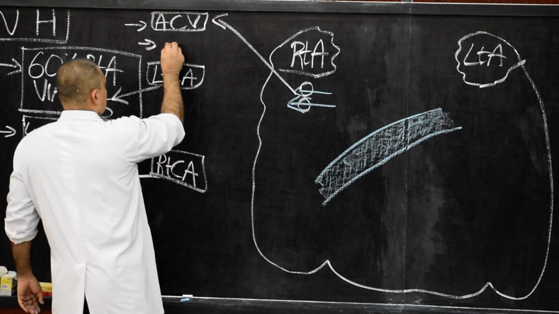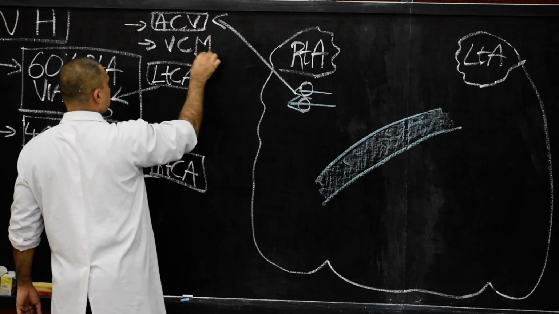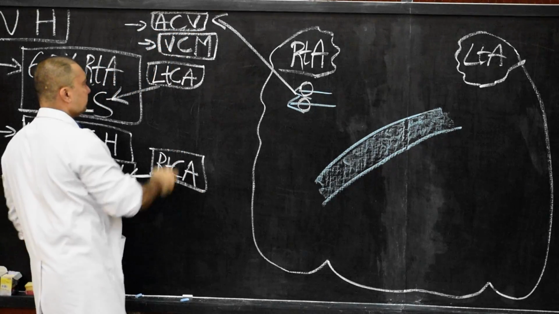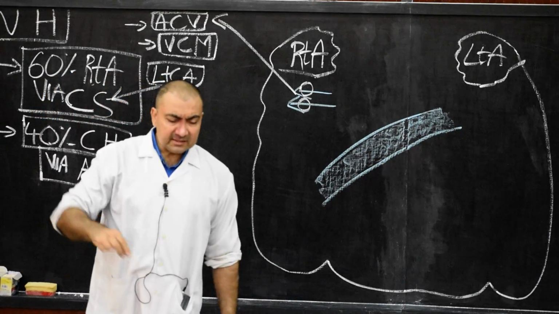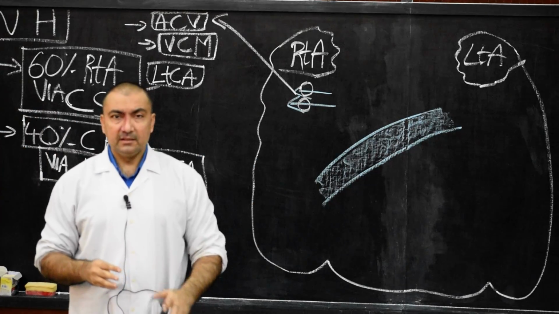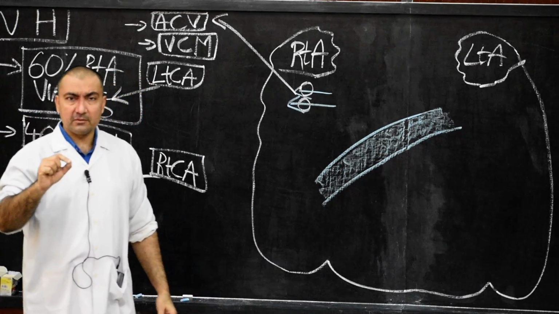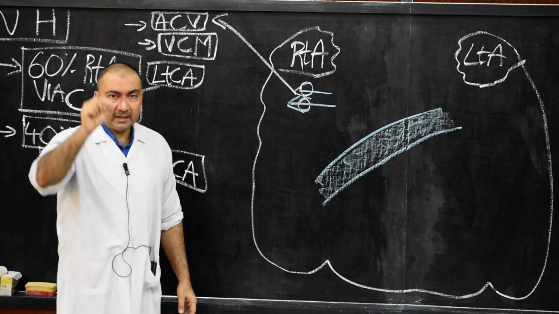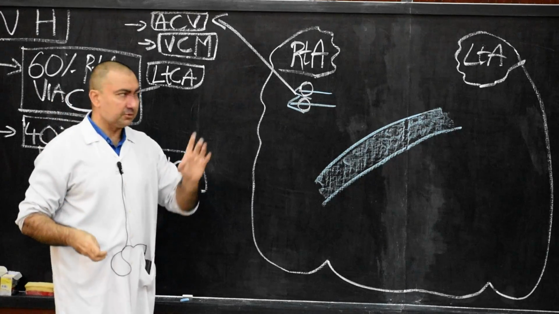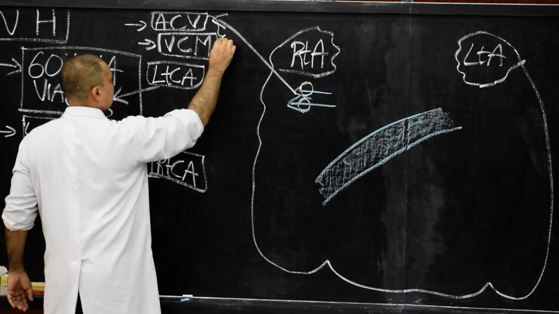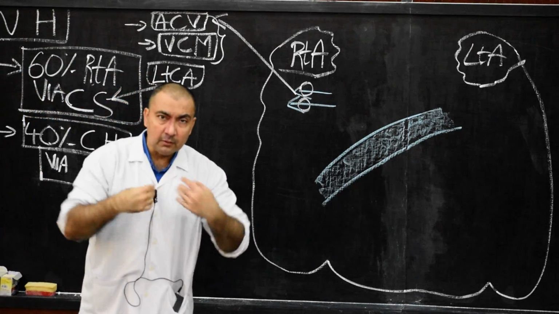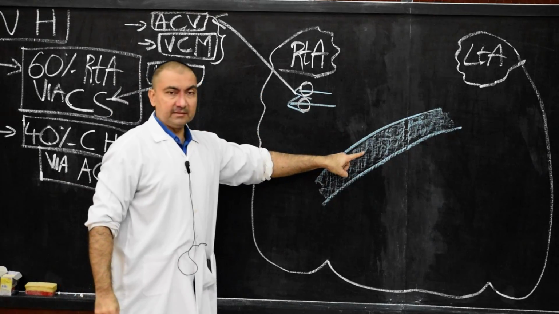Second, venae cordis minimae. This is often asked in 1 mark question answer or in MCQ. Venae cordis minimae, they are small minute veins, and they will open in the various chambers of the heart. Again, through minor foramina which are known as foramina minimarum. So again, through foramina minimarum, these venae cordis minimae will open in the various chambers of the heart. So these are the two veins which will never drain into coronary sinus. Now we come to coronary sinus.